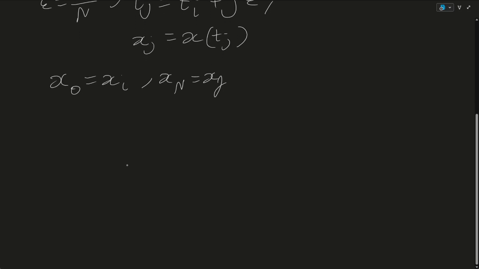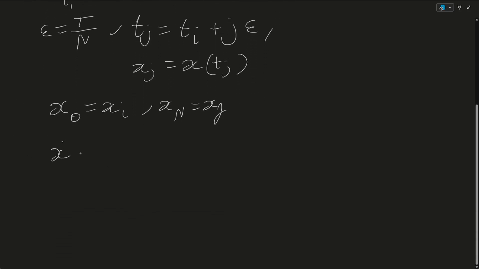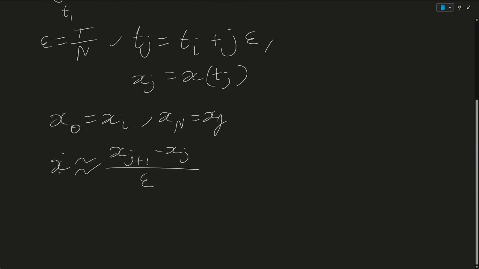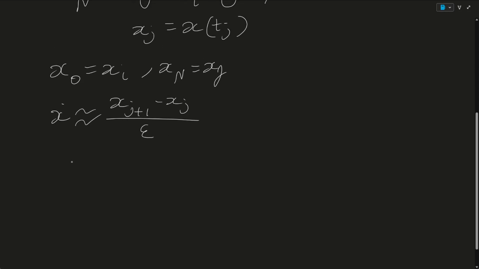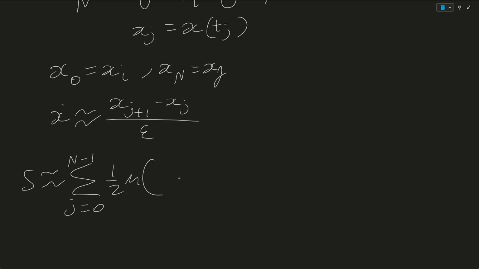So we can approximate the time derivative of our position function to be, I'm not going to go into this, but it ends up being x_{j+1} minus x_j over epsilon, and hence we get a discretized sum as our action, because we can plug that in, and we have a discrete number of steps now, N. So we say that S therefore is roughly equal to the sum from j equals 0 to N minus 1 of half m, and then that squared, so x_{j+1}